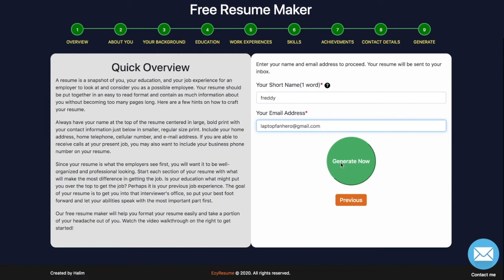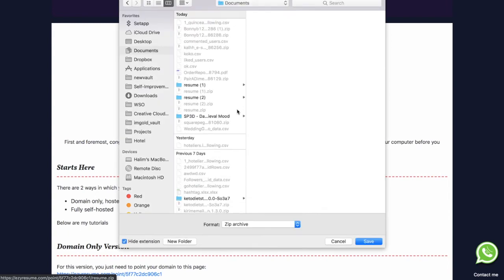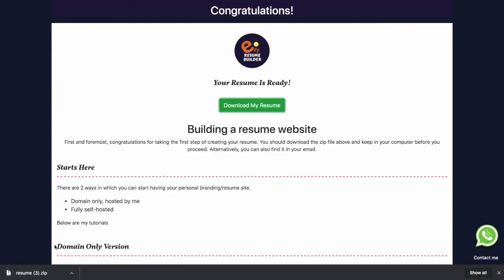So click on generate. So once you click on generate, it will load this page with a download button. So just click on download, just save your resume somewhere, and when you open this resume,